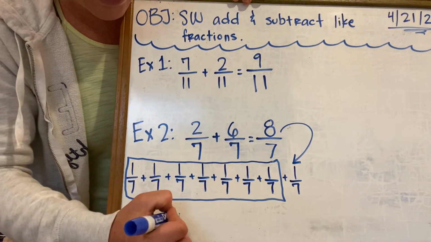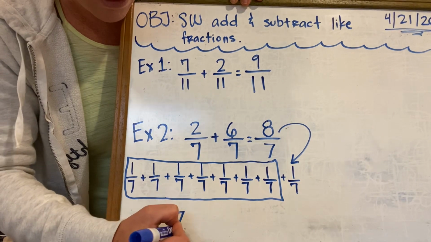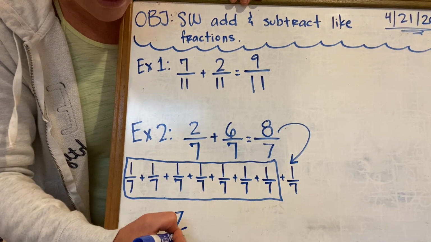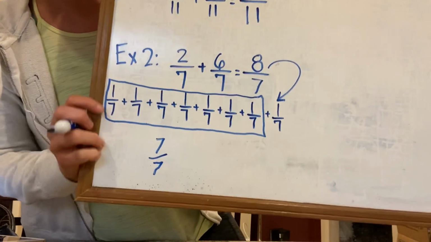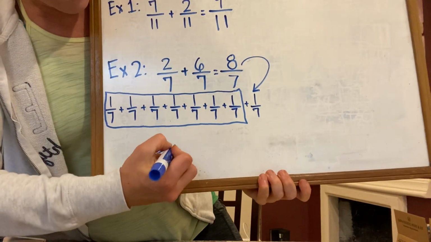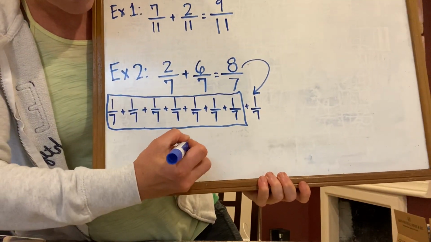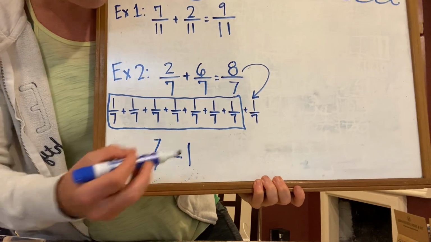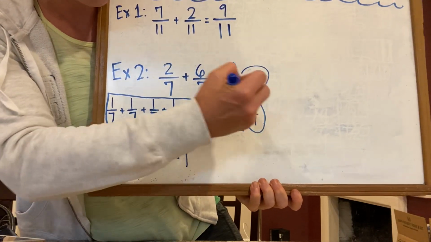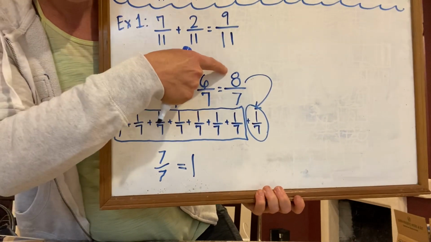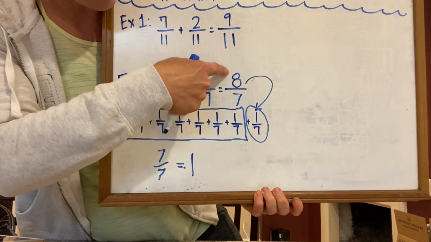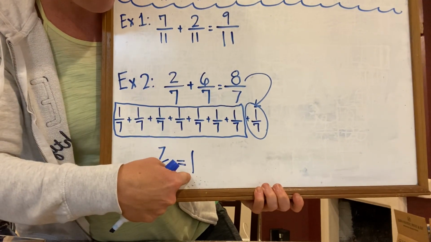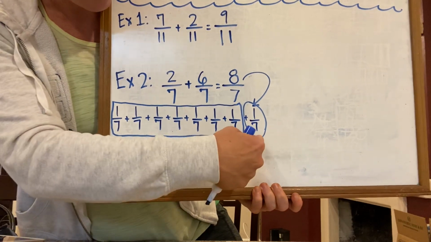That is 7 over 7. Now 7 over 7 is the same as just 1, but I have one more of these left over from my improper fraction. So 7 over 7, and this guy,